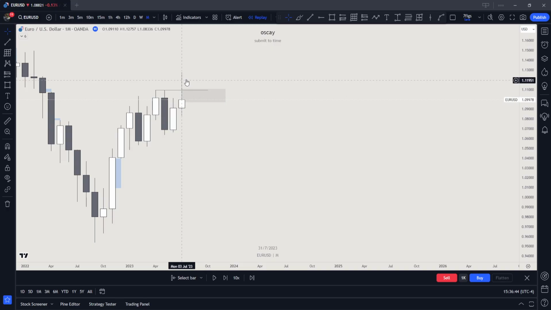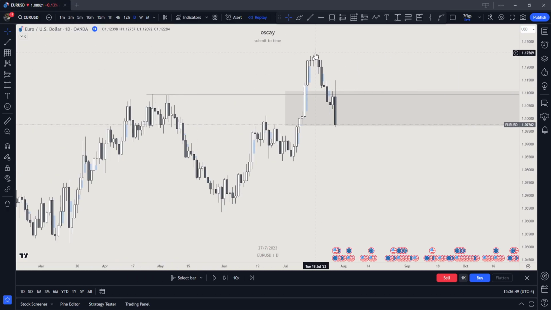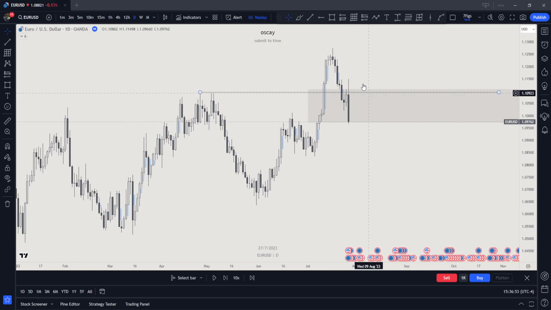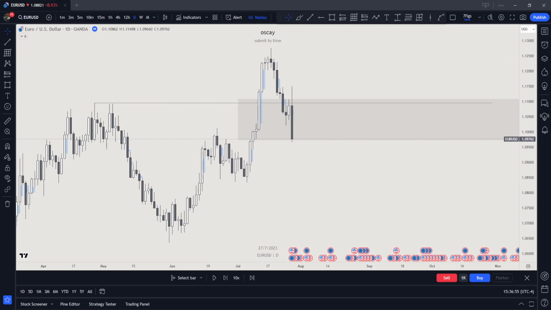when price is dropping aggressively like this at the end of the month. Why am I saying end of the month? As you guys can see, the last half of the month is dropping down like this. That is indicating to us that there's a potential change in the state of delivery happening.